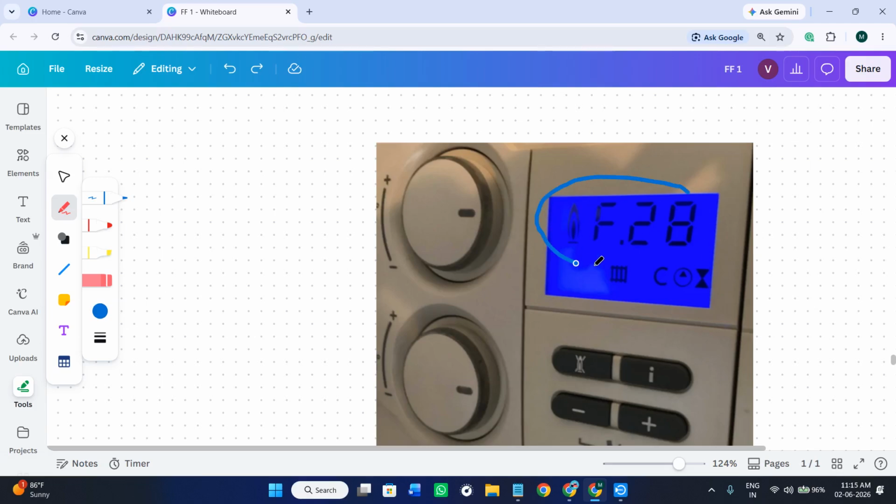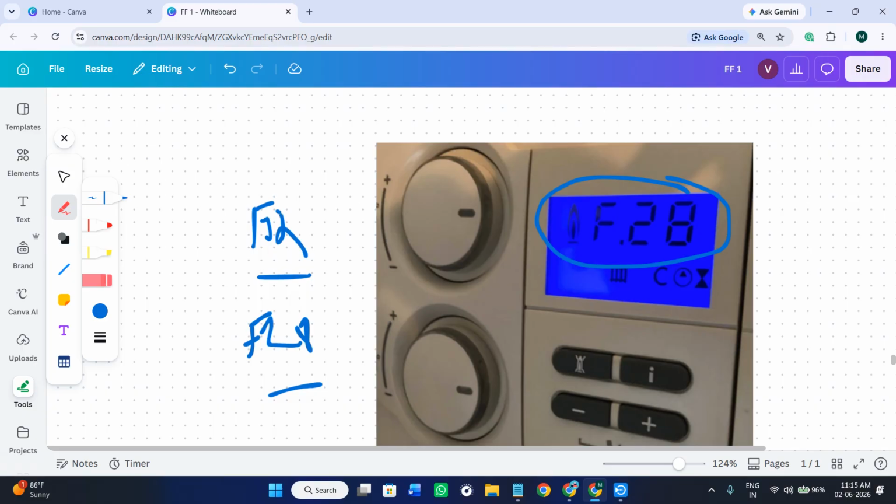In today's video, I'm going to show you exactly how you can fix the Vaillant boiler F28 error code in 2026. So the F28 error code on the Vaillant boiler usually means the boiler has experienced an ignition failure. In simple terms, the boiler tried to light the burner, but it couldn't detect a stable flame, so it locked